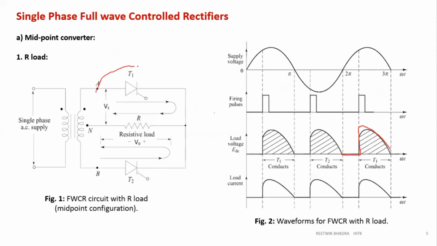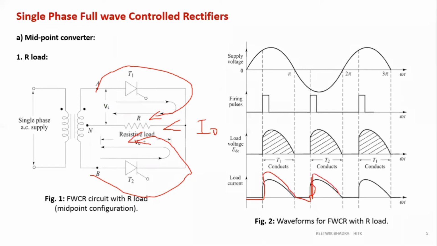First, when my T1 was on, current is flowing in this direction. When my T2 is on, current is flowing in this direction. So current direction is this one. Both the times current direction is maintained same. So current will be positive, right? So current positive only, no negative value of current. Current is entering this direction. So this will be plus, this will be minus, this will be plus, this will be minus. Okay. So always my polarity across the load is same. So if my polarity is positive, my second half cycle also polarity will be positive. So this continues like this.